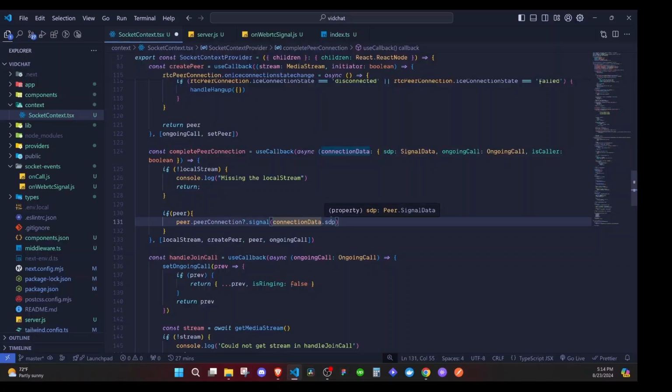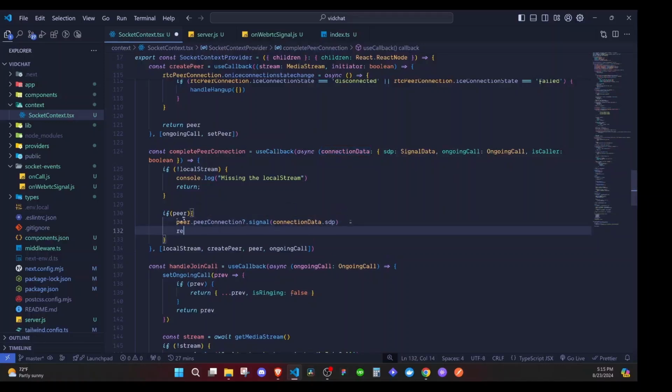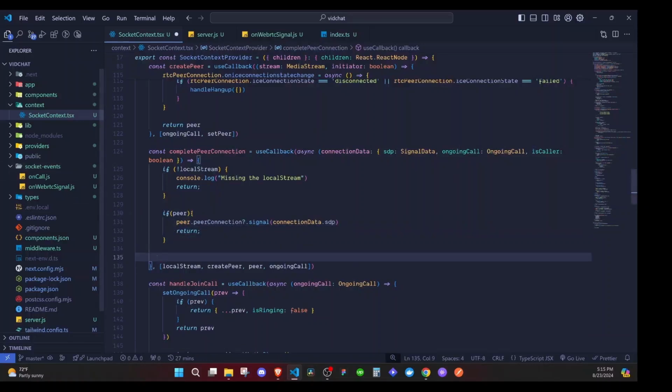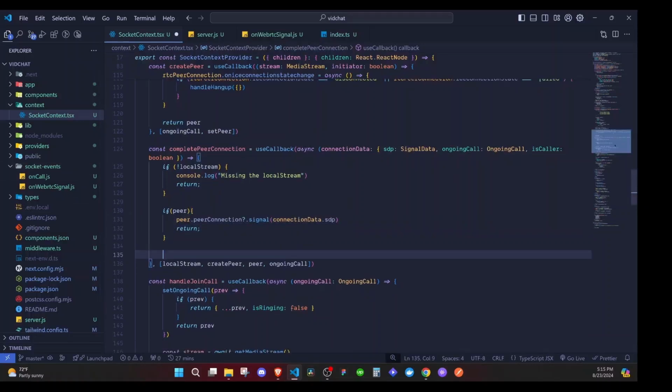I don't know if that makes sense, but once we complete, we'll go through the flow of the code and hopefully it will make sense. Once we do that, we will immediately return. But if we don't have a peer, what we will do right here is to emit an event similar to